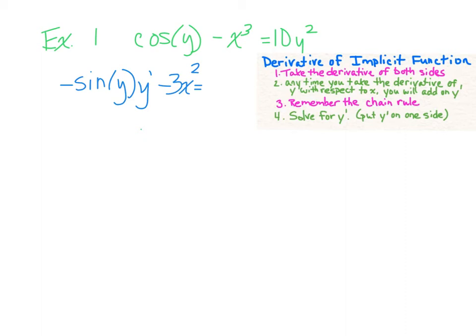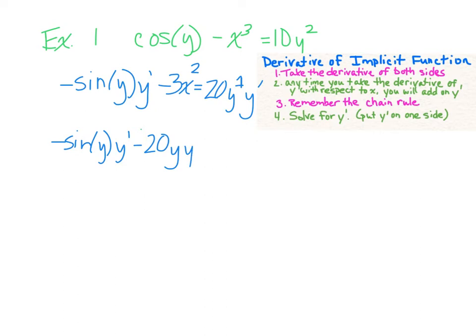We could use the power rule and get 20y, reduce that by 1 to y to the 1, but now times the derivative of the inside, which is that y, so we're going to have a y prime there. Now that we've taken the derivative, our goal is to solve it for just y prime. So let's first move all the y primes to one side. We'll get negative sine of y, y prime, minus 20y to the 1, so I'm just going to write that as y prime